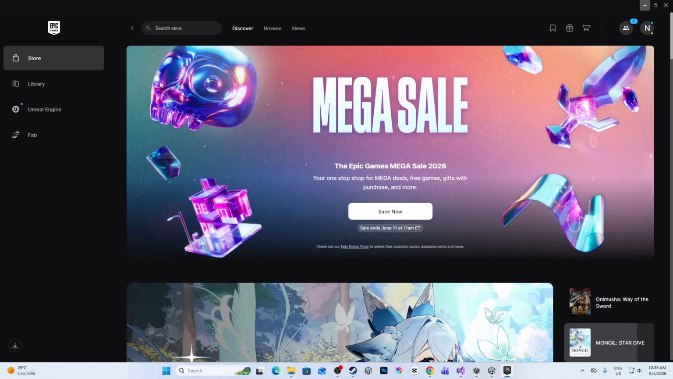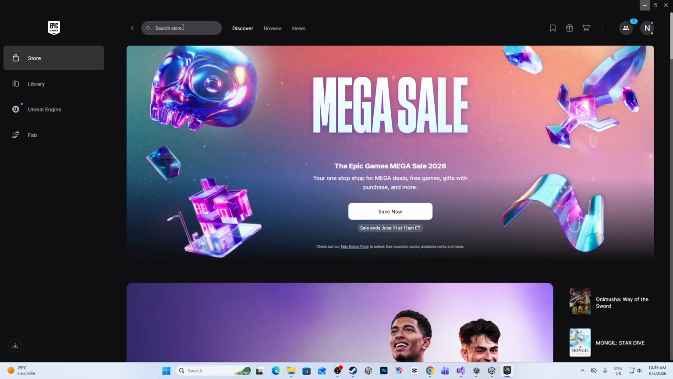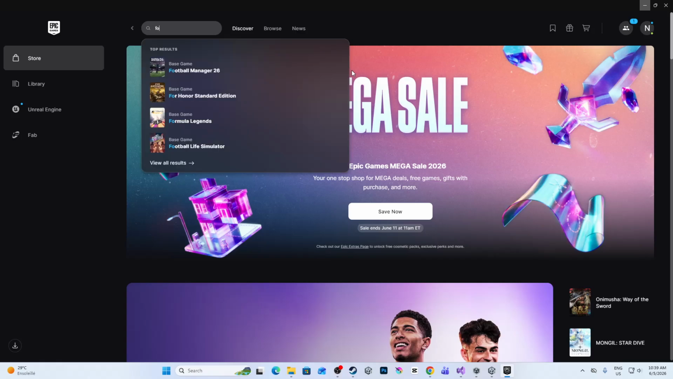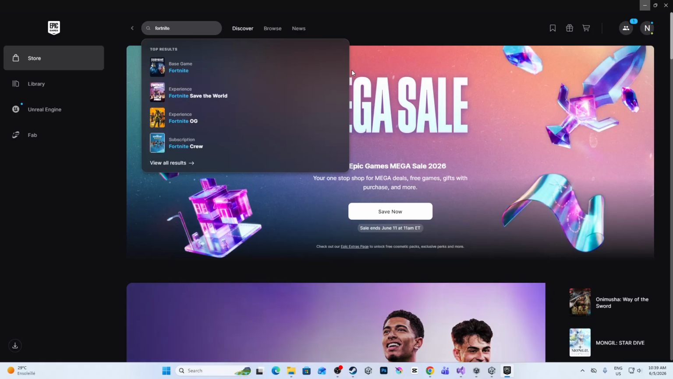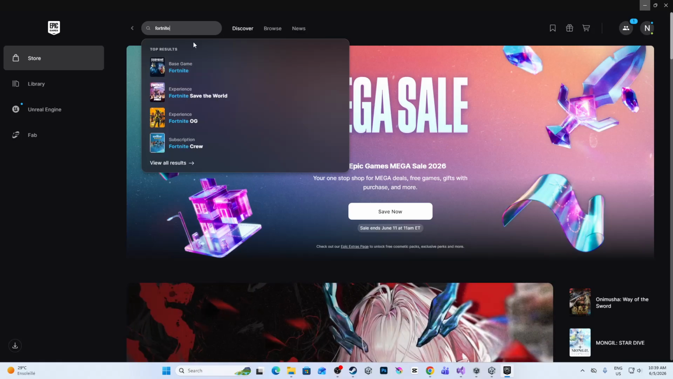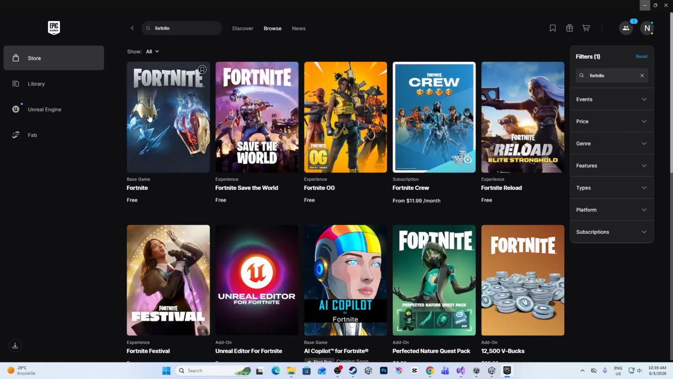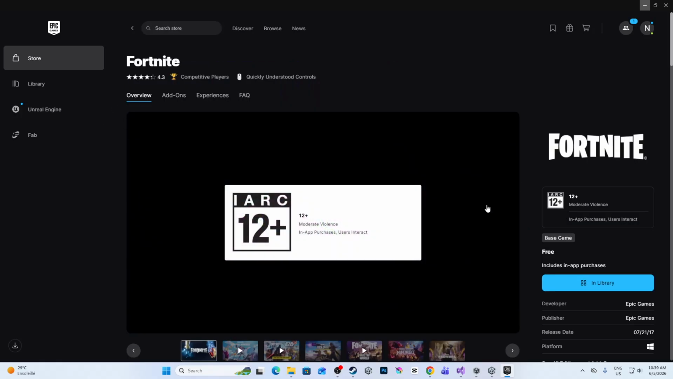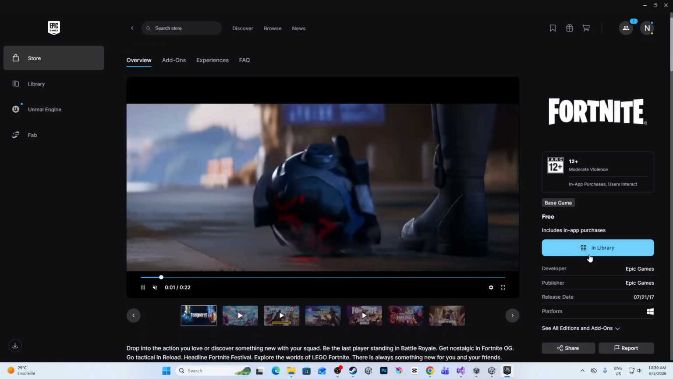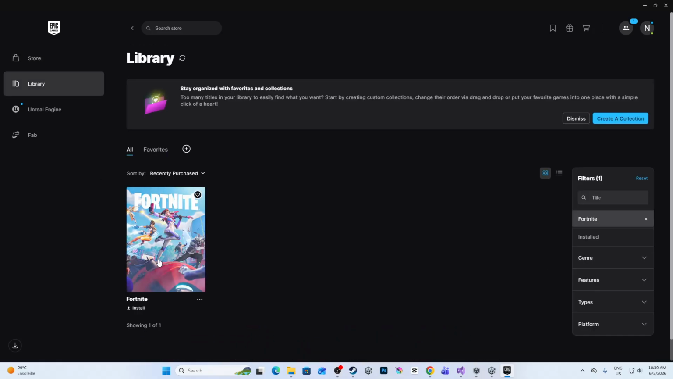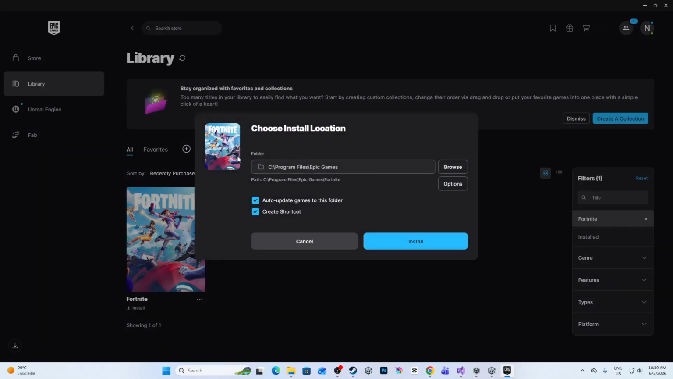And here guys, you have to go here to the search bar and search for Fortnite. So you have to search for it and then click on it like this. And here is Fortnite. Go click in library and click on Fortnite here on install and choose the folder where